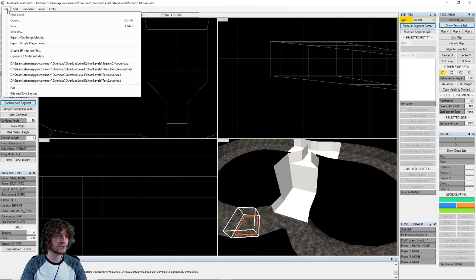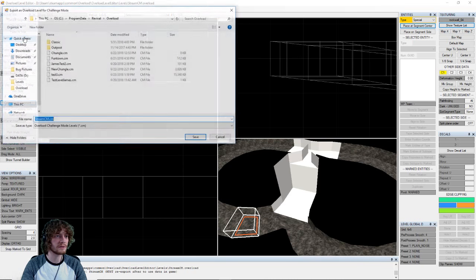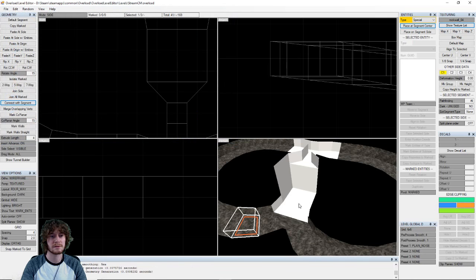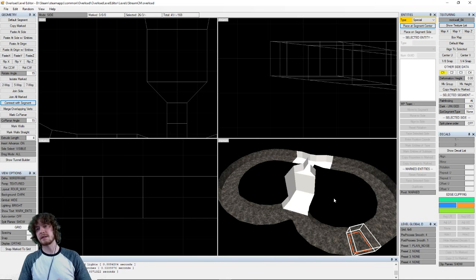I can also show you how to export these. So we need to generate a CM default data. It generates that where it needs to go. And then you can also export it as a challenge mode. I'm gonna keep it the same name to keep it all consistent. And that gets saved super quick because I do not actually have the caves actually deformed right now. Let's see. Yeah,